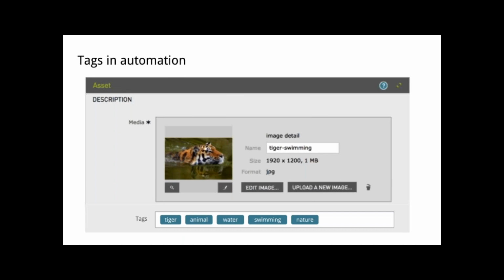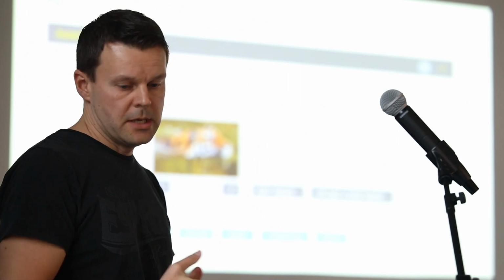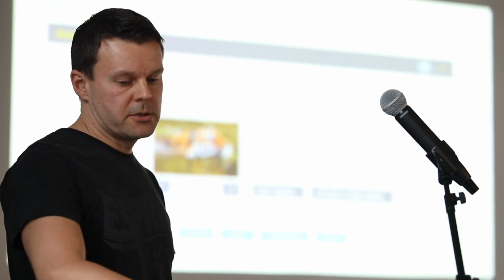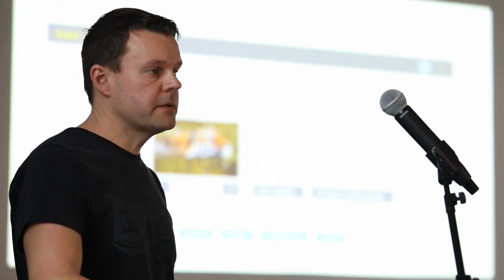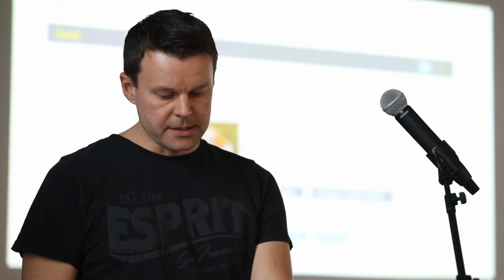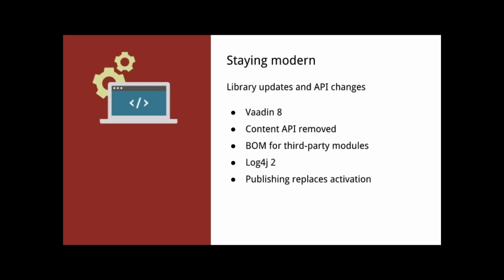Here's an example that we'd like to build soon. Let's say that you're uploading an asset into the DAM. Why not have the system recognize what the image is about and suggest a few tags for it? Like here, I'm uploading a picture of a tiger swimming. So I can imagine that the system would identify what's in the image through image recognition and suggest a few relevant tags. Okay,